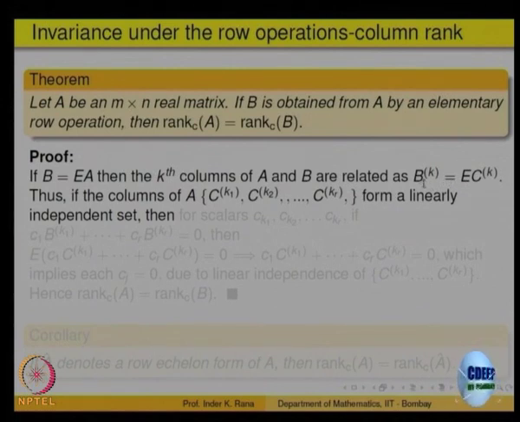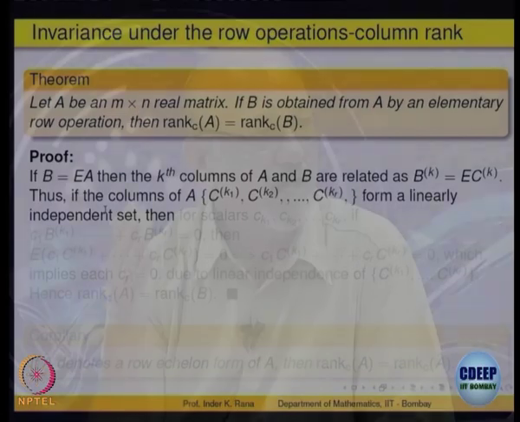If the kth column of B is pre-multiplied by this, then what we want to say is that if there is a linear combination, the column rank does not change. Meaning, if there is a linear combination which is independent in A and we apply a row operation, the columns will change. We want to say that whichever columns were independent, after row operations they still remain independent. That will show that the column space of A is the same as the column space of the row equivalent form. Is that observation okay for everybody?